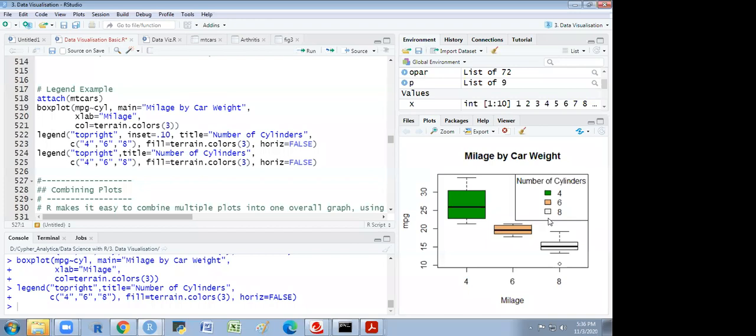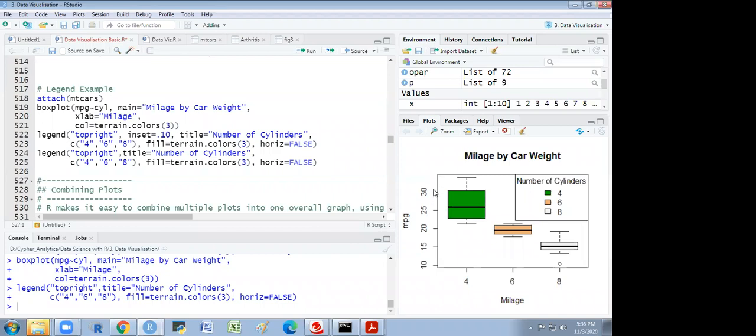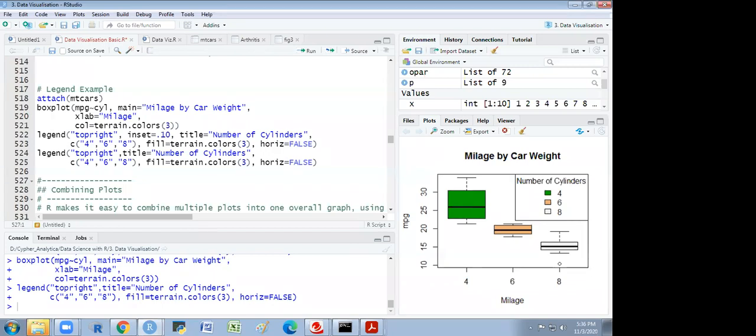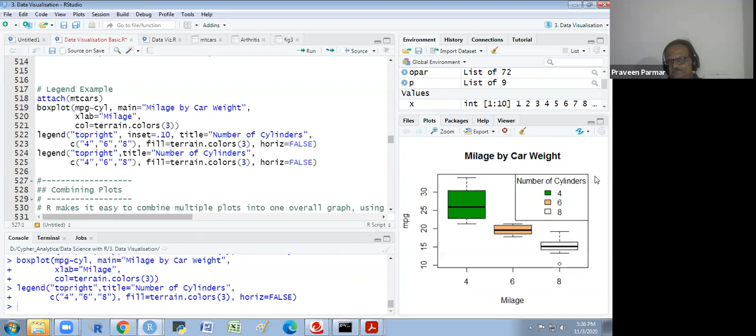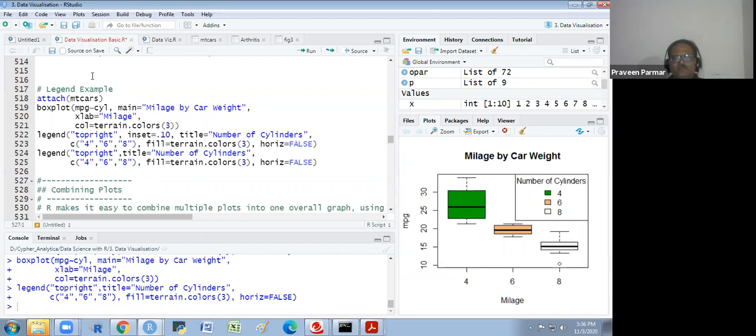Yes, sir. So do we need to provide any space over there after top right? Have you given any space, or is it in a continuous manner? We could give a space. We could set the X limit and the Y limit. If you increase the Y limit, you will get space above these figures. Here the Y limit is per the mileage, the maximum mileage, and a little bit above them. Or you could increase that limit more. Here also increase the limit. So we could put the legend properly. Okay, sir. Understand? So we could change the X limit and Y limit.